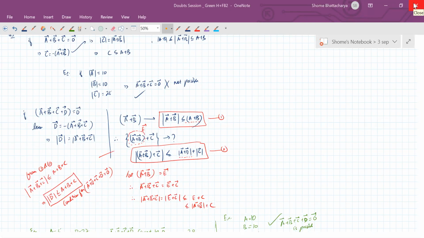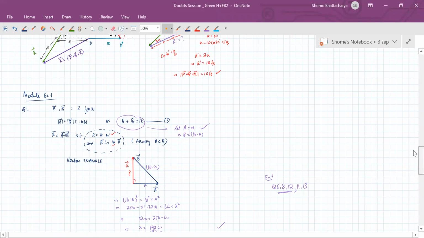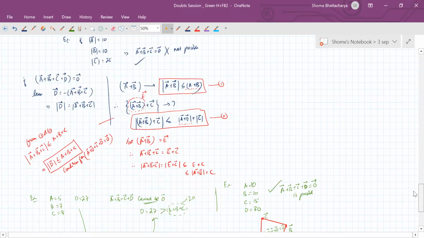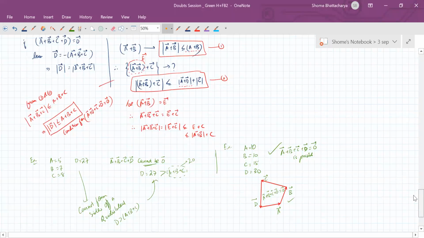So just make a note of this if you are writing this down. Then we'll move on to the next, which is I think the 11th question. Or is it question number 8? Yeah, 8. So write this down, then we'll move on to question number 8.